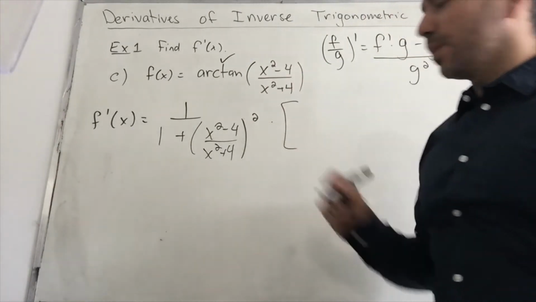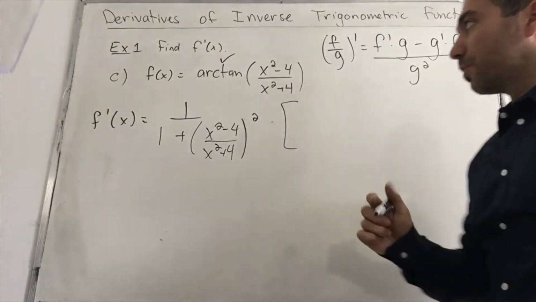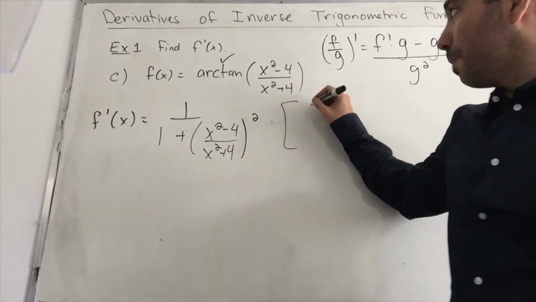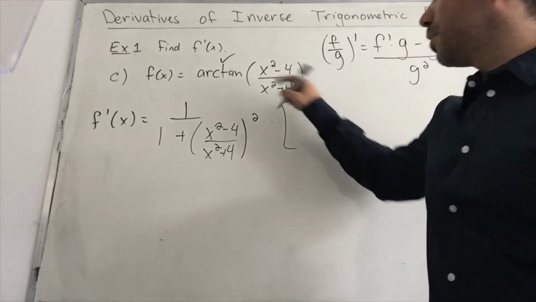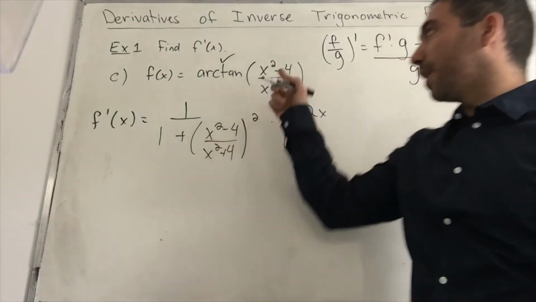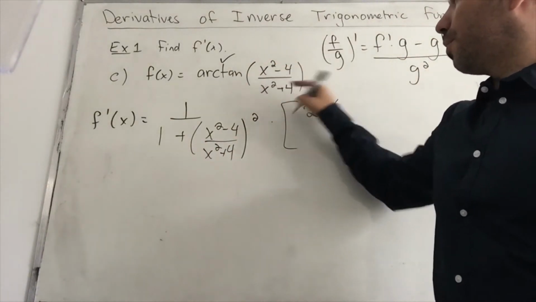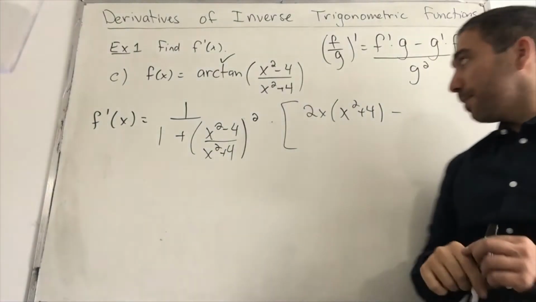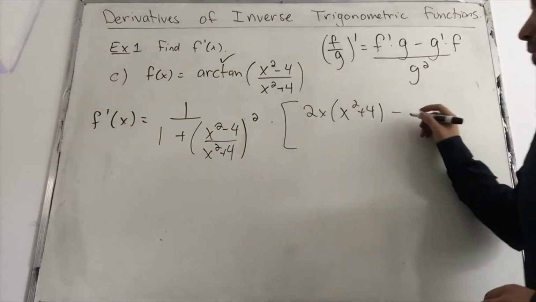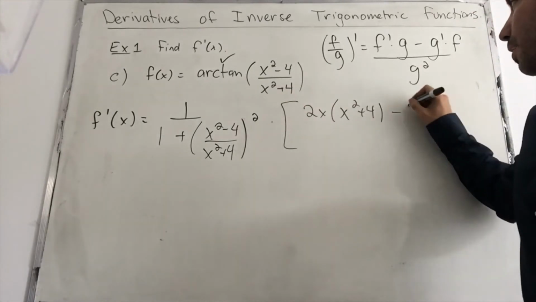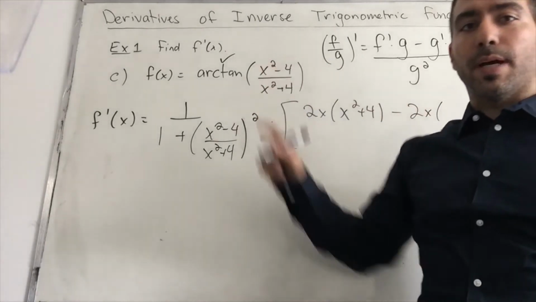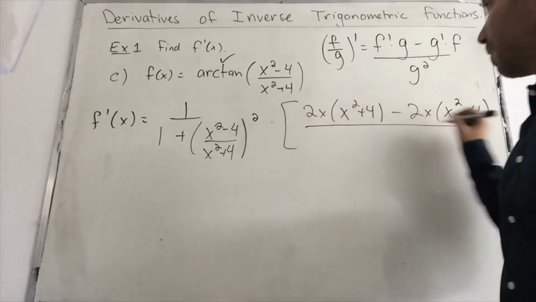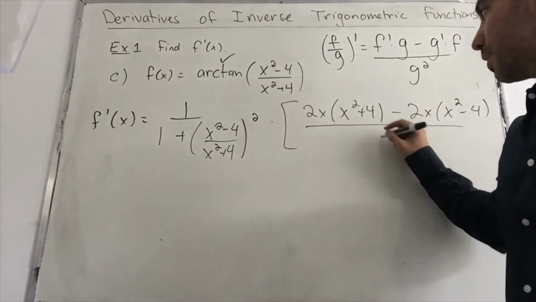So the inside, what we're going to do is use quotient rule. So we're going to take the derivative of the top. The derivative of x squared minus 4 is 2x, because the derivative of x squared is 2x, the derivative of negative 4 is 0, times the bottom, we just leave it as is, x squared plus 4, subtraction sign because it's quotient rule, so we have a minus, derivative of the bottom again is 2x, and we multiply by the top as is, so x squared minus 4. All this divided by the bottom squared, so the bottom squared is x squared plus 4,